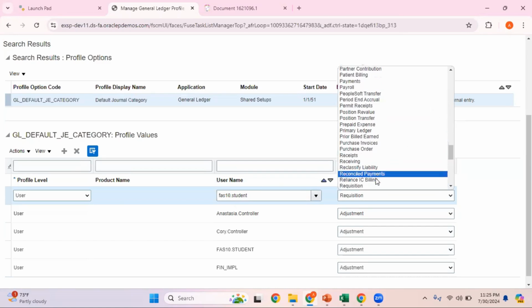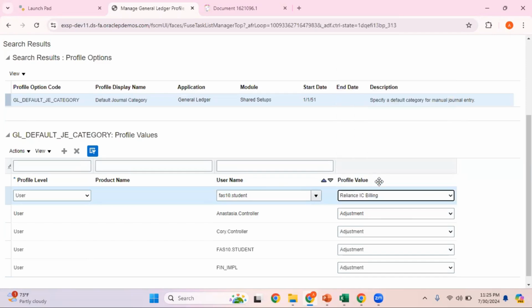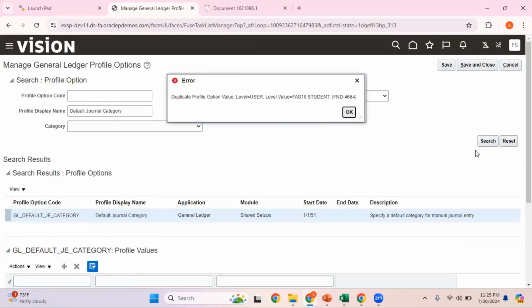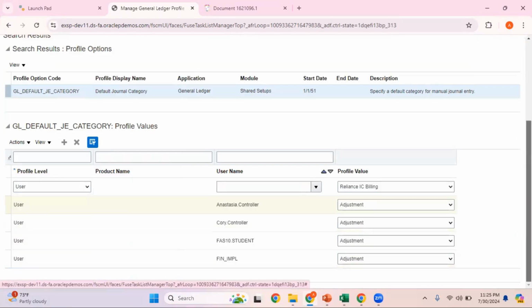See here, Reliance Intercompany Billing, whatever we have created, is coming here. Not sure why it's taking some time to show this in the drop down in the general entry. But anyways, here I can see Reliance Intercompany Billing is appearing here. I've selected that. Duplicate profile option, the user value. Oh, okay. So that means in this environment,